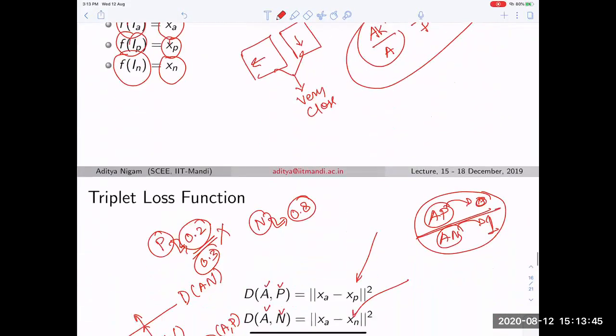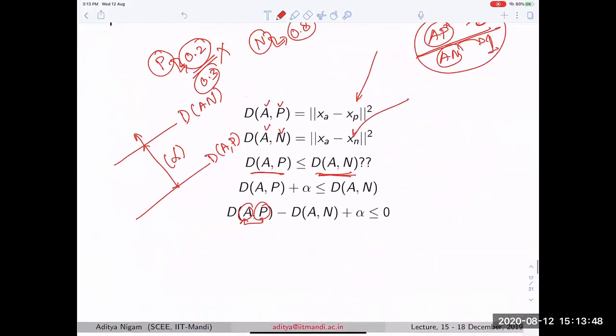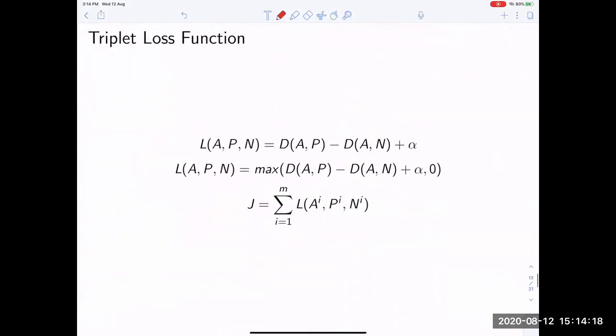If that is happening, then you come up with a slightly flexible rule in which you say that I will allow these values to become 0 or even more than 0, but adjust your negatives also in such a way that between the negative and positive distance there is a margin maintained, and that margin is going to be alpha. If this is okay, then this is my final loss. Very simple.